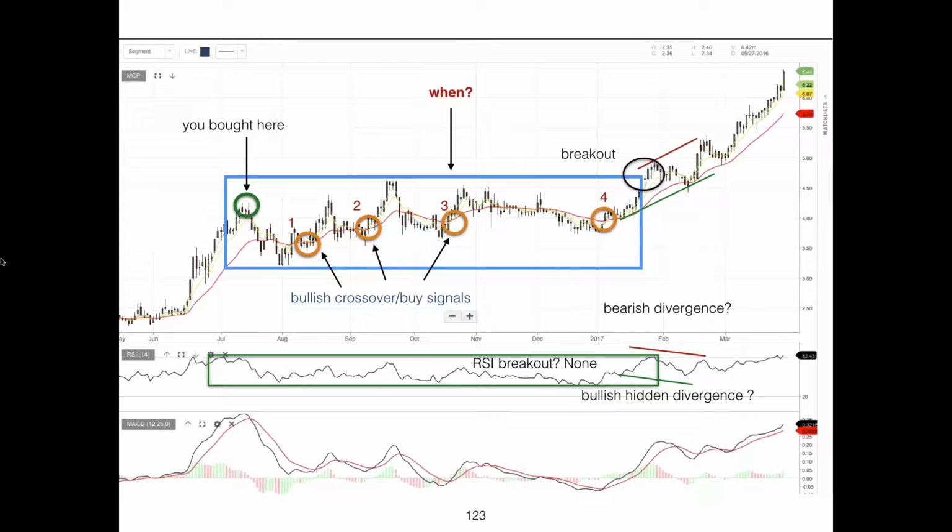So which is it going to be? Will the bearish divergence win over the bullish hidden divergence, or the opposite will happen? So you're conflicted at this point. You don't know whether to buy despite the breakout, so you just give up on it. Since you don't have clear signals, you just let the trade go. In this confusion and hesitation,